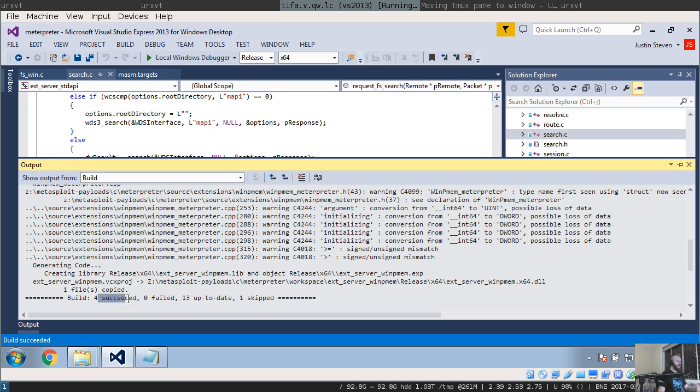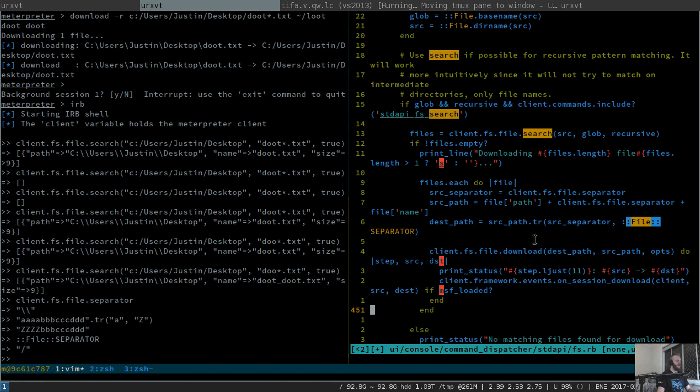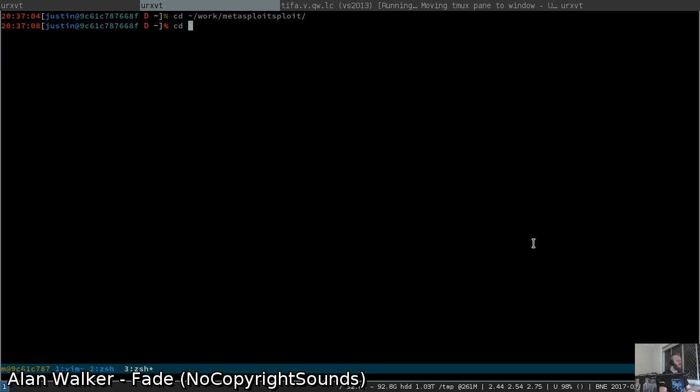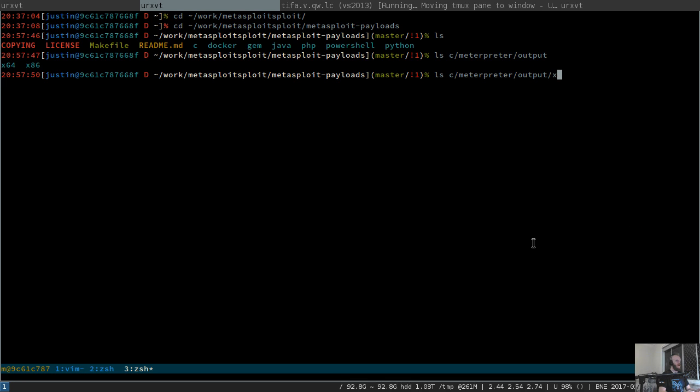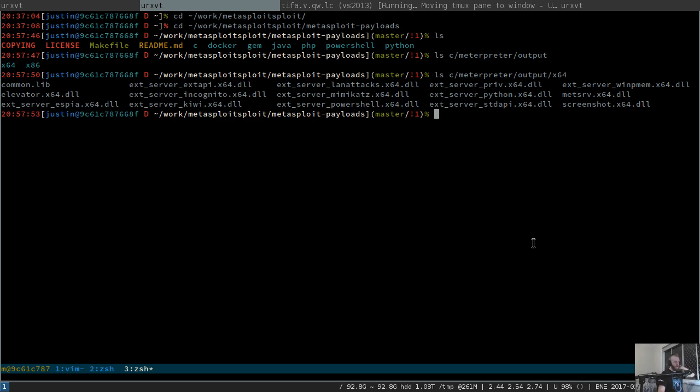Alright, so we've got a build that succeeded. So when we build interpreter, what do we get? Work, Metasploit, payloads. We get, I think it's C, interpreter output, /x64. We get a whole bunch of DLLs, we get common.lib, otherwise just a whole bunch of DLLs in a library file and a .lib file. Now, what we need to do with these, and they've all got x64 tagged in the file name so that they won't actually collide with the x86 versions, we need to copy these to work,